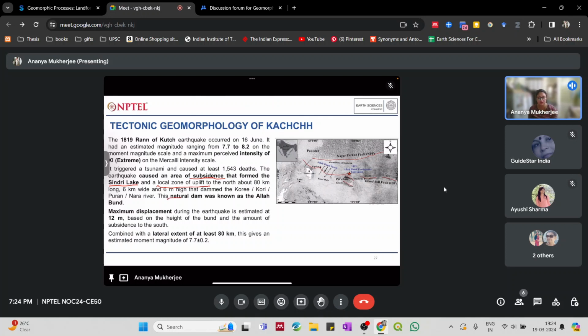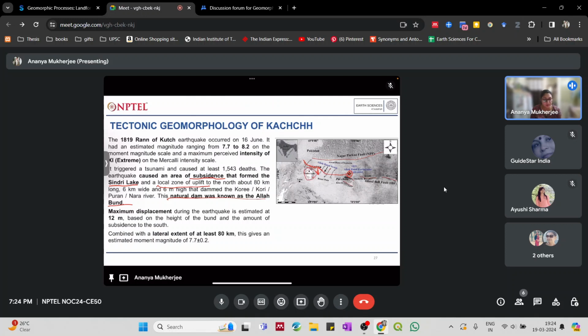This natural dam was called the Allah Bund. Over here, if you see, this was the epicenter, and this was the scarp, as we can see. The one part of this area, the south of this, suppose this was the scarp that was formed. This part went down, the southern part subsided, which caused the formation of the Sindri Lake, and